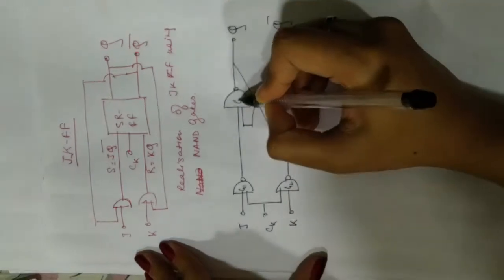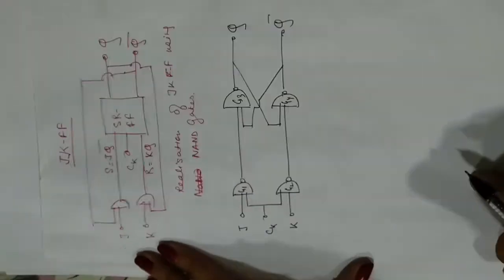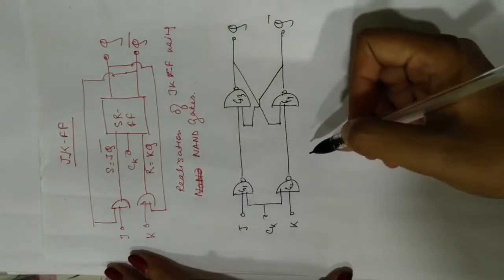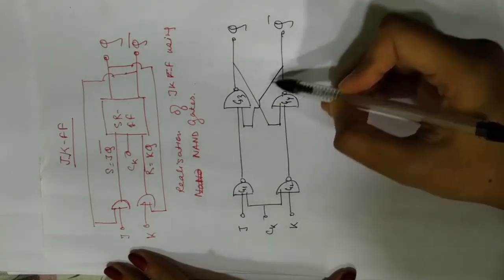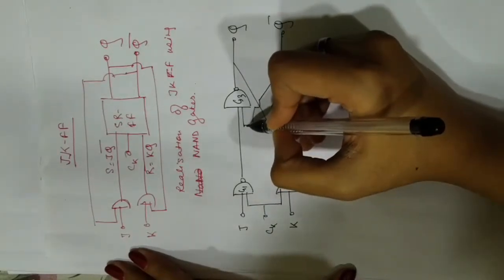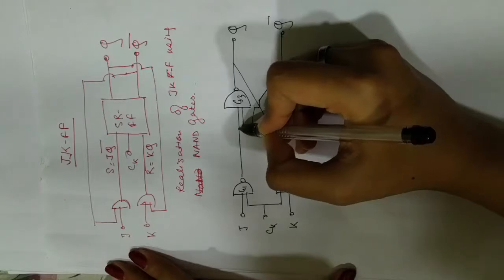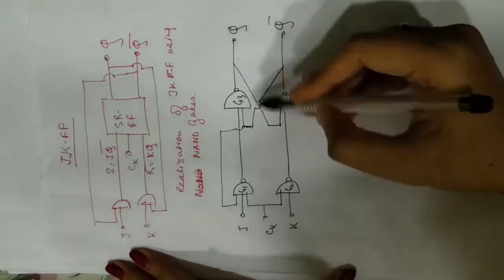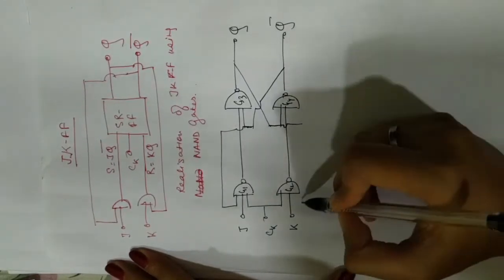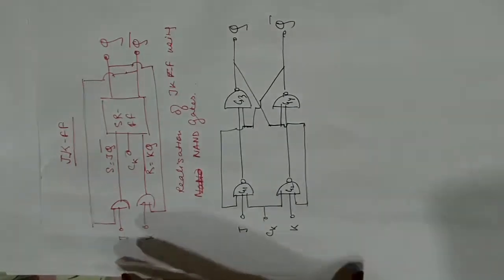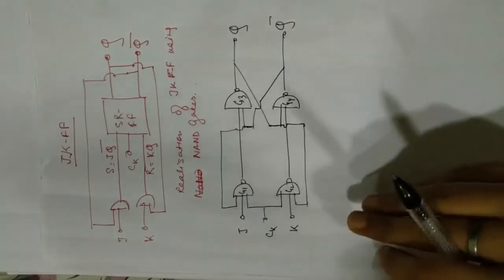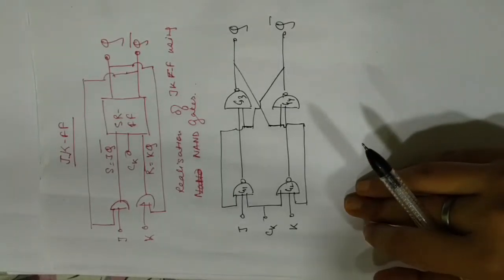Gate 1, Gate 2, Gate 3, Gate 4. This is a normal SR flip-flop. Now we have to convert it into a JK flip-flop. All we do is take the Q bar and attach it to the input of the J terminal. We take this Q bar and put it in the input, and we take this Q. You can directly take it from here as well, but I'm making the connection from here. So this is how a JK flip-flop looks when you create it using NAND gates.